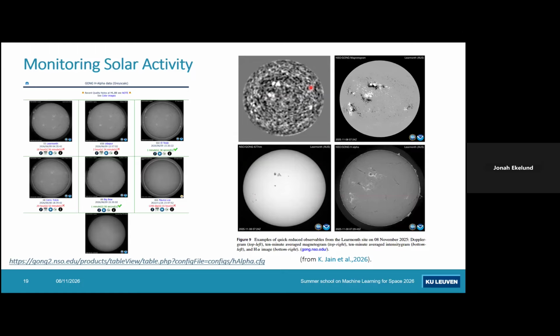So you have Hawaii, you have Canary Islands, you have Big Bear here, and other places. So this is a way to monitor chromospheric activity as well. So I'm not sure if you see here well. So you have hot active regions, you have prominences also at the limb, and you see very clearly large filaments,